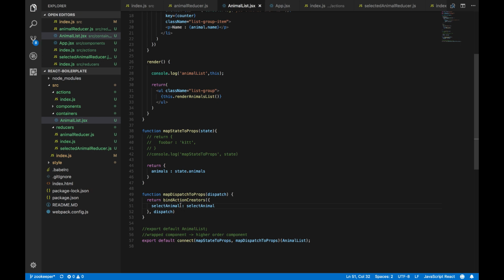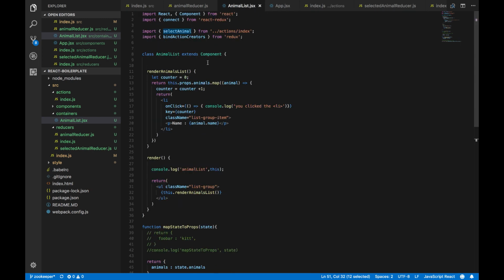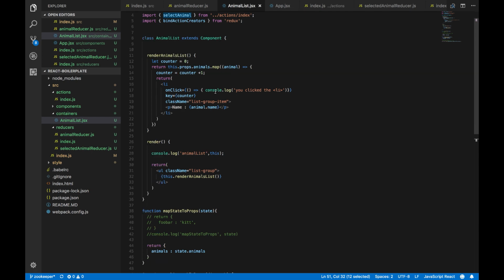Don't be confused about this. The right side, I repeat myself, is the side you are exposing and binding to the props of the component. The left side is how you bind it to the properties, and the right side is how it came from the actions. So what we want to do now is on the click method of this li, we want to call this